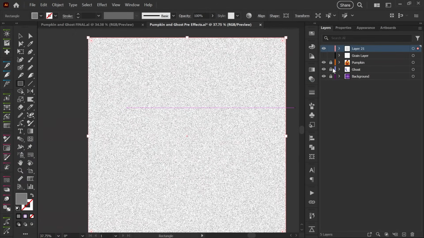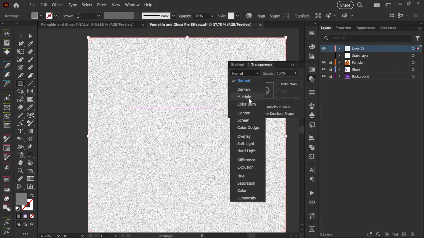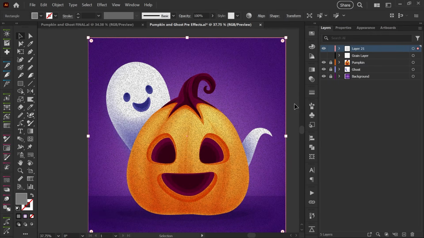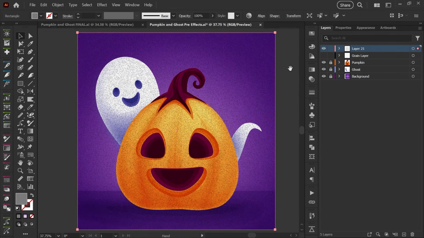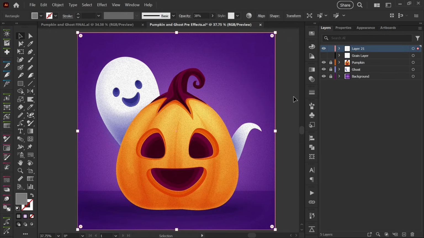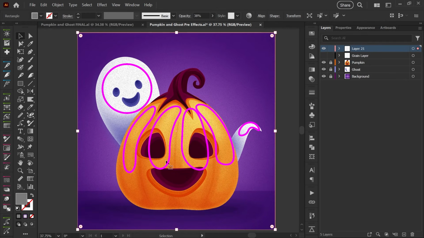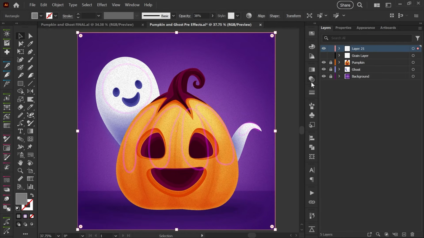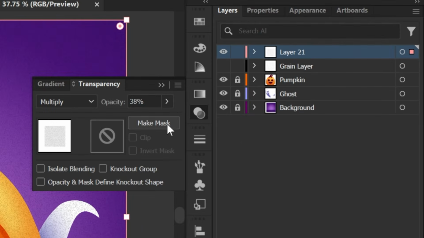And then in my transparency panel here, I'm going to set this to multiply. That is pretty intense and the grain looks a little bit too dark. So then what I want to do is bump the opacity down again to around 38%. And now what I want to do is fade out the grain in the same places where I have most of my highlights. So what we'll do for that is go back into our transparency panel